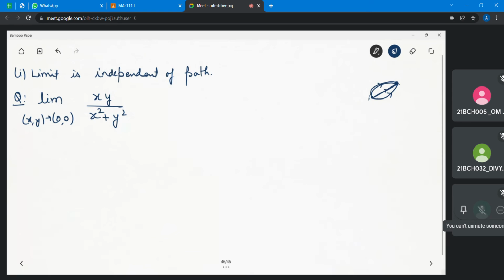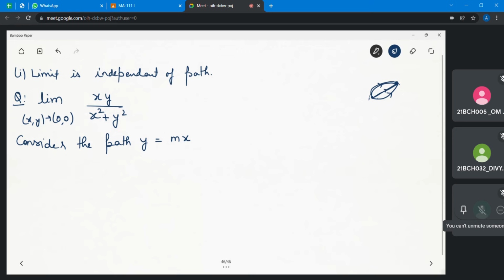Now you see that we can evaluate this function. If you have to put the limit, there are several ways. The simple way is that you first evaluate the limit corresponding to y and then corresponding to x. But otherwise, what you can do is choose a general path and see whether the limit is dependent on the path or not. So if we choose a general path, let us suppose consider the path y is equal to mx.